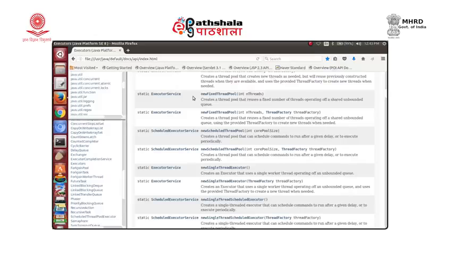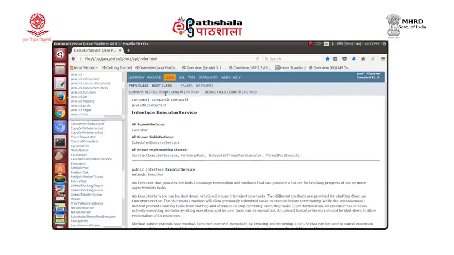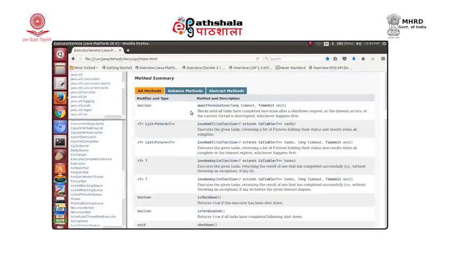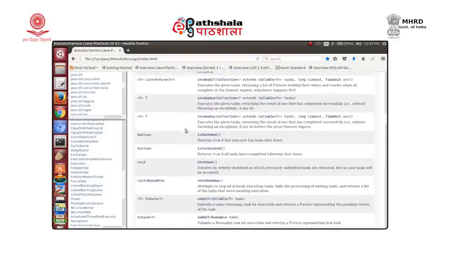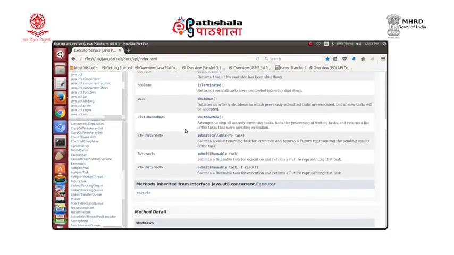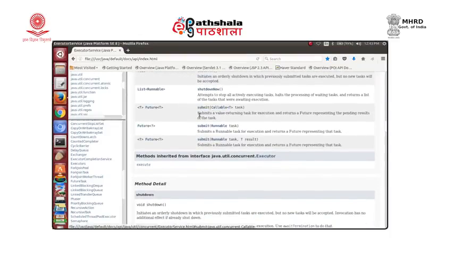And in the while loop, whenever someone connects, we will have to create our runnable object, but after that we do not start a new thread. Instead of starting a new thread, we would be submitting to the object of executor service. Let us see the executor service interface. The executor service has methods, and the typical method we are interested in is called submit. We will be using the submit method to submit our task.